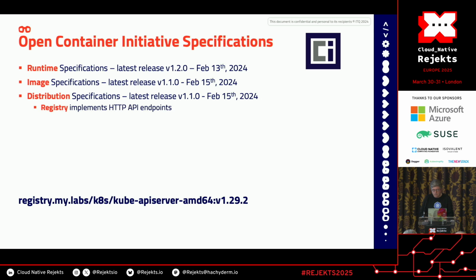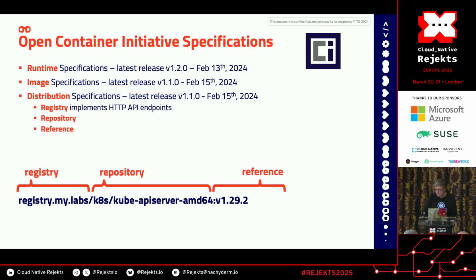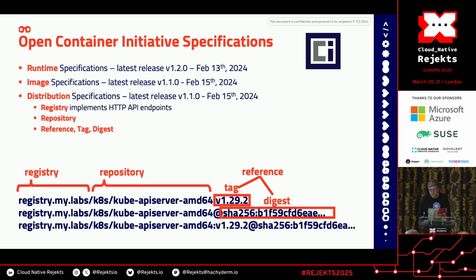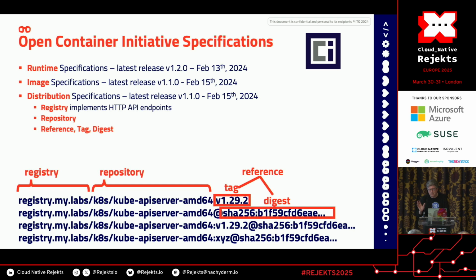As for a usual URL, you have multiple parts in this URL. First, the registry, which is the host name where the registry is serving. The repository is the second part of the URL. And the last part is the reference. The reference can be a tag, which is human-readable information, or a digest, which is the immutable information about the content. You can use both in the URL, but in that case, pay attention, only the digest is taken into account. So the tag is only for humans, and the digest gives immutability, so take care.